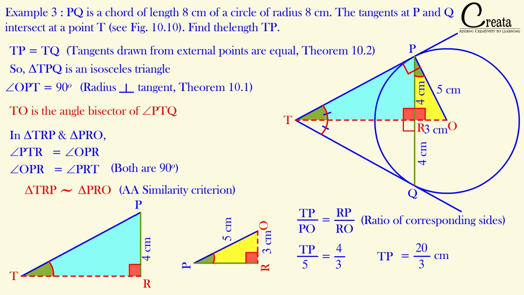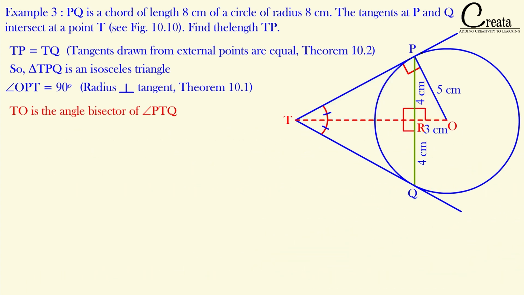Got it? So this is one of the ways we have used the concept of similarities. We have proved both of these triangles as similar, and we have used the concept that the ratio of the corresponding sides of the similar triangles are equal. The second way is using the Pythagoras theorem, which is slightly easier as compared to these similarities, but you should